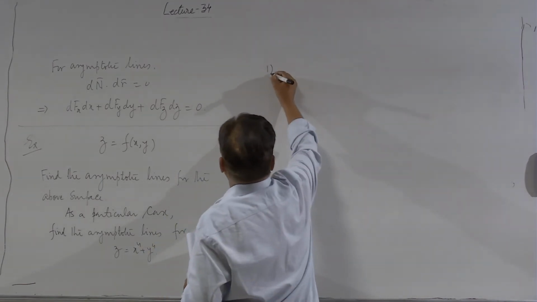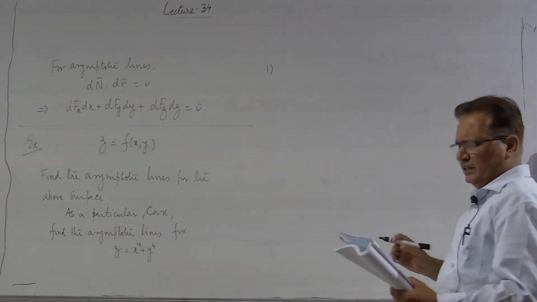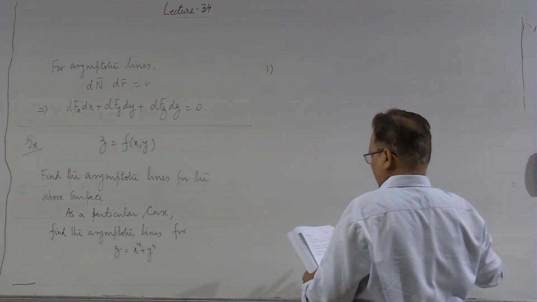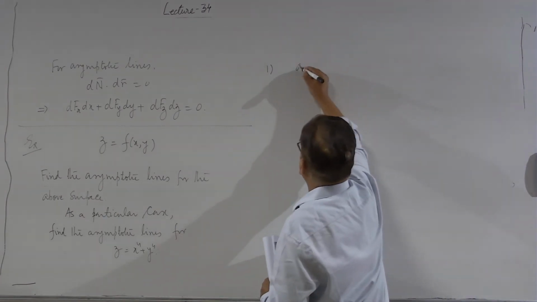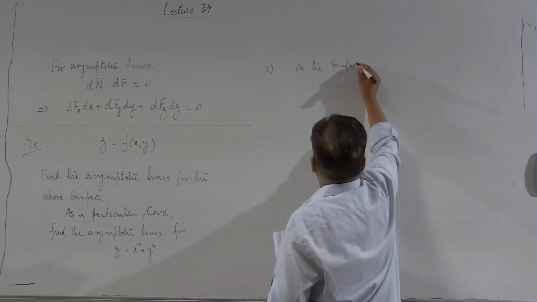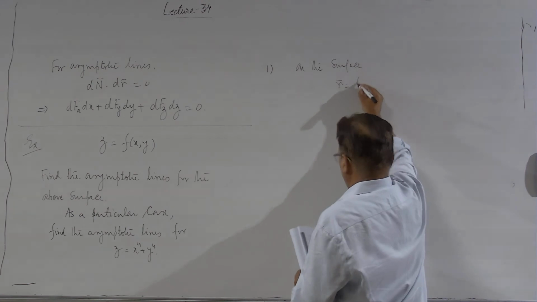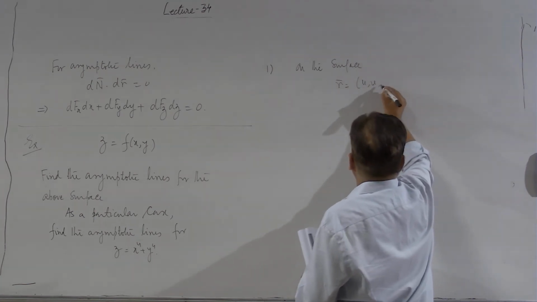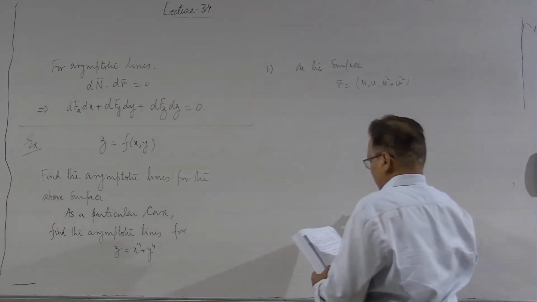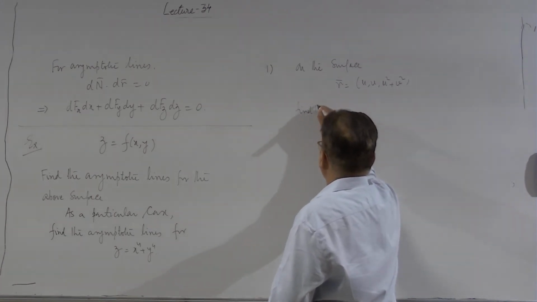This we have done for perhaps principal directions or lines of curvature. Now, you have to do it for conjugate family of curves on the surface given in parametric form u square plus v square, find the conjugate family